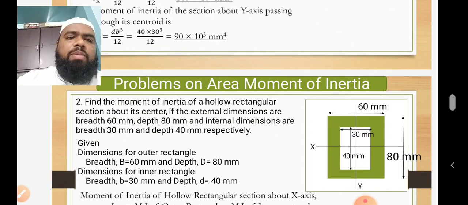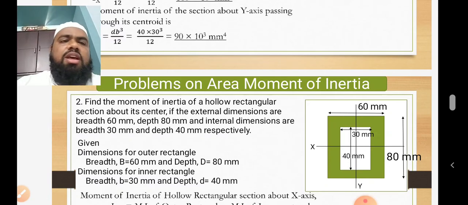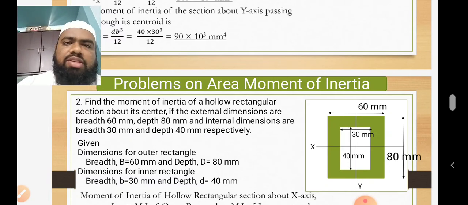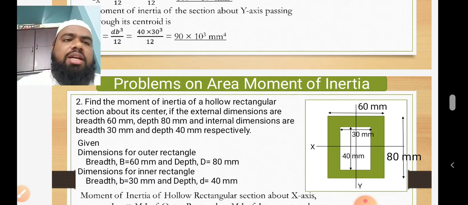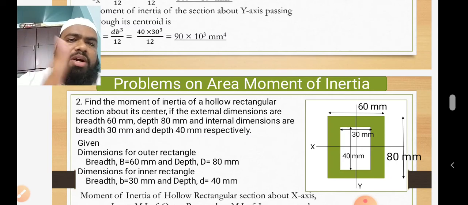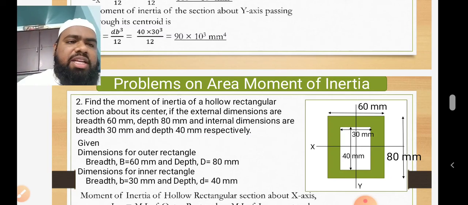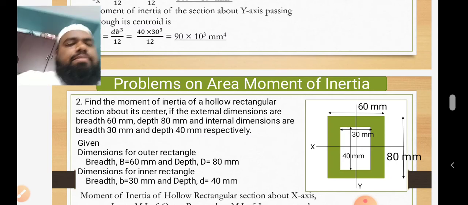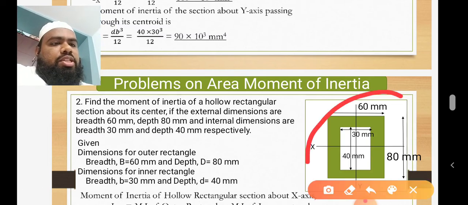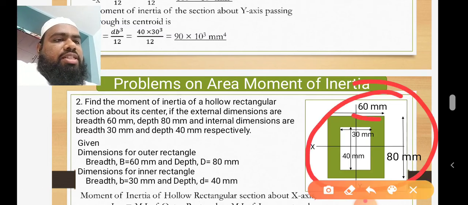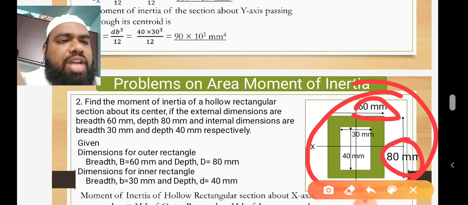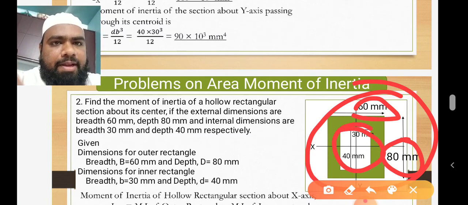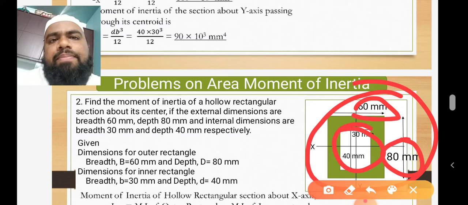Now we are doing a problem on a cut section. Again same thing. Now the base is 60 and the depth is 80 for the whole body, I mean before cutting the part. Now we have cut some part, removed some part. The dimensions of the removed part are 40 depth and 30 base. So see, this is the whole body. In this whole body, 60 is the base and 80 is the depth. We have removed this part. In the removed part, 40 is the depth and 30 is the base.